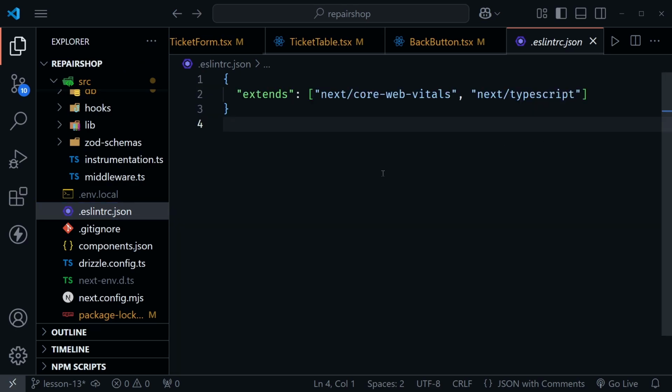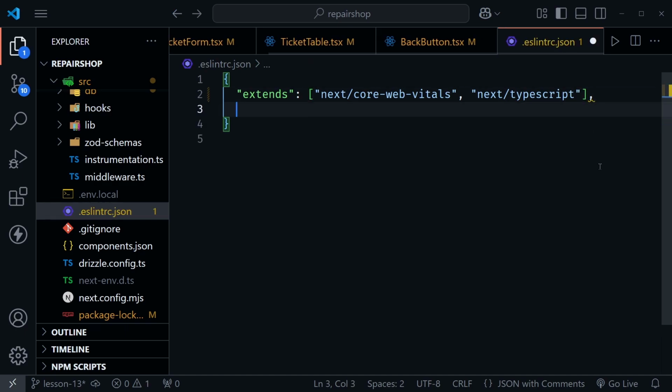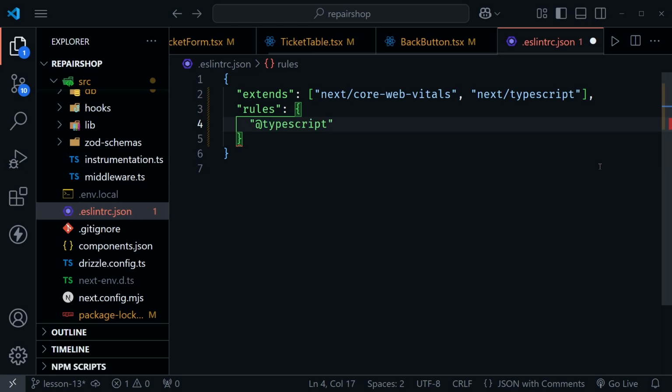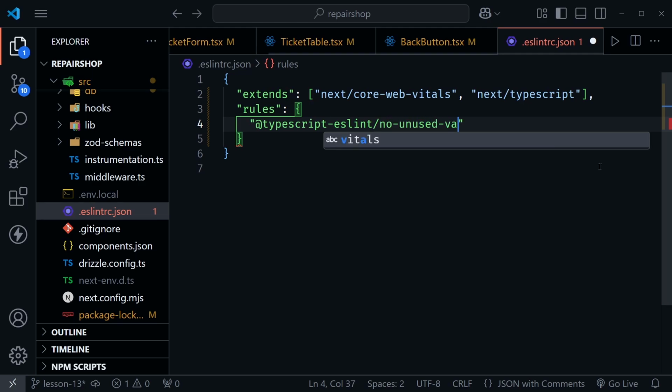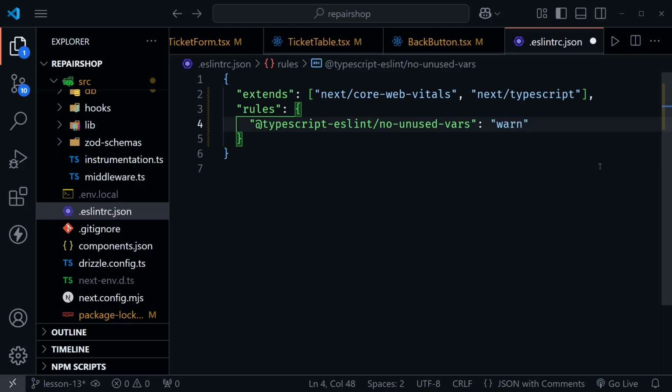.eslintrc.json file. And here we have an object essentially, and it says extends. So after this extends line, we want to put a comma. And now let's put in some rules. So we put in rules in quotes. Now we have an object. And here we're going to say @typescript-eslint/no-unused-vars. And here I'm going to say this should be a warning. And really that's all we need to put to make that a warning instead of an error when ESLint runs